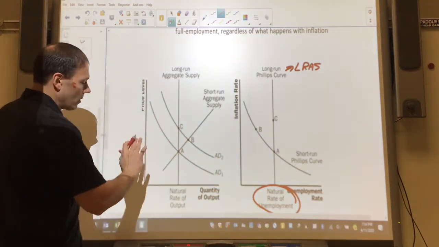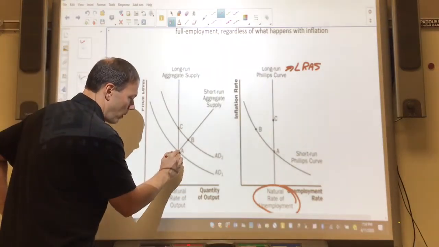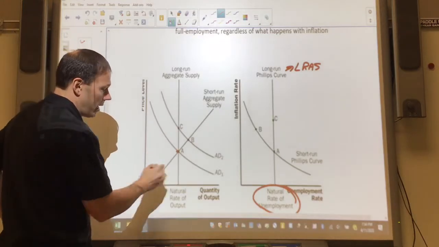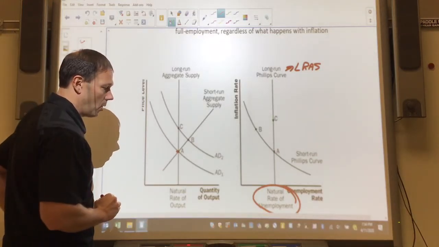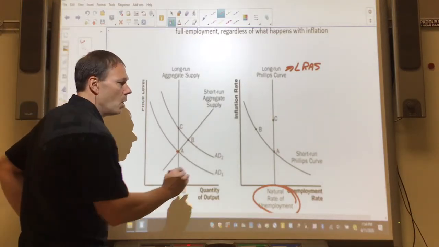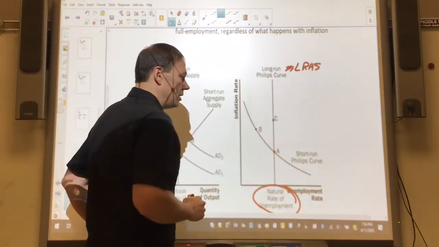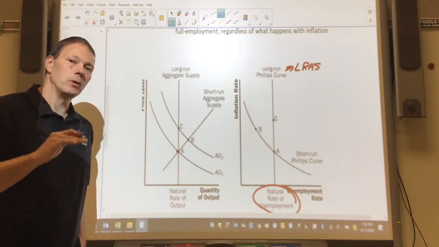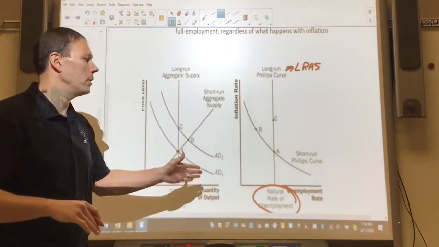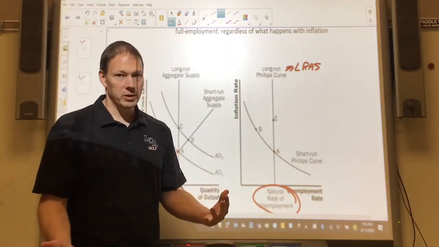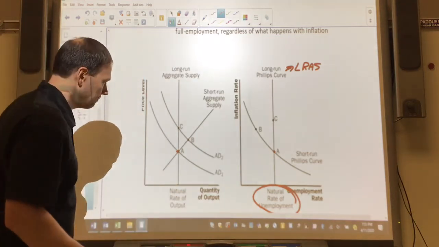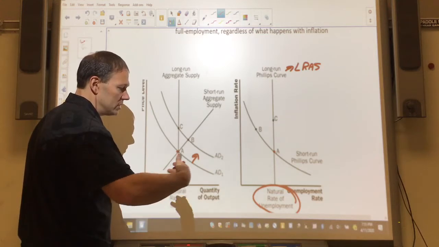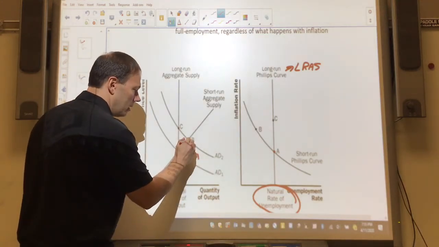That's the key. So notice here we start at point A. If we're on the LRAS in the market graph and the ASAD graph, we have to be on the LRPC in our Phillips curve graph because they're measuring the same thing. Full employment output. This is full employment, but it's really the same thing. It's measuring full employment. Now, notice here, in our ASAD graph, we see an increase in aggregate demand, and that